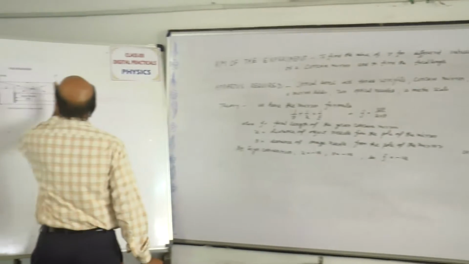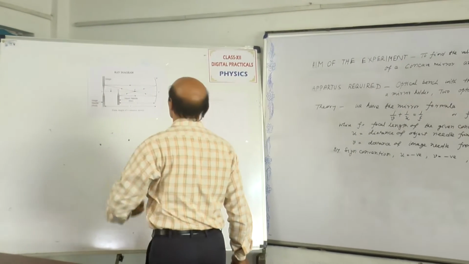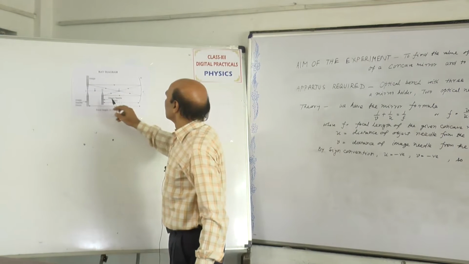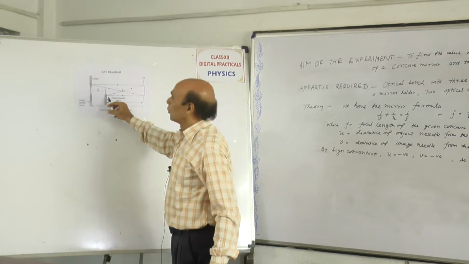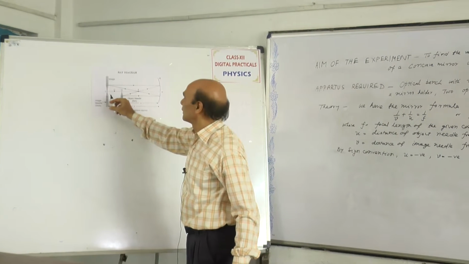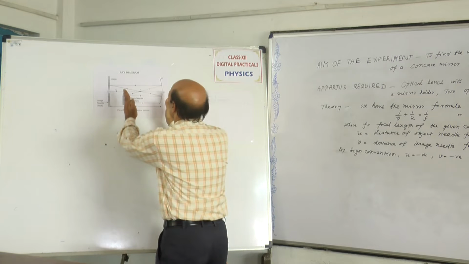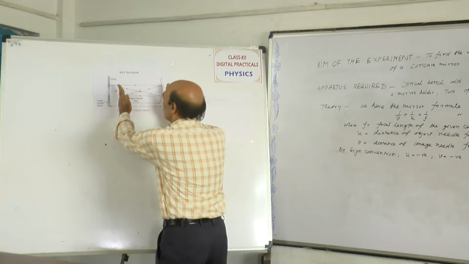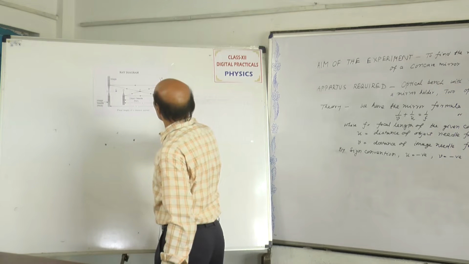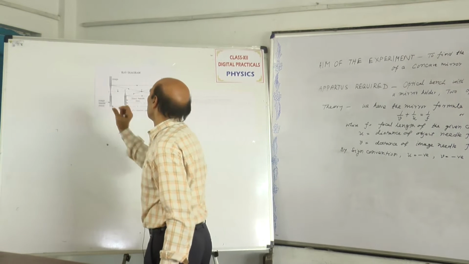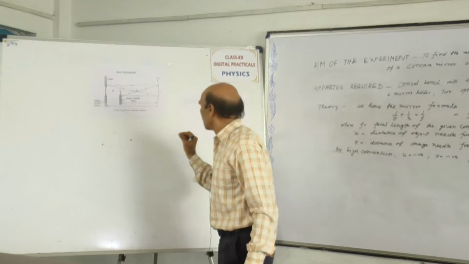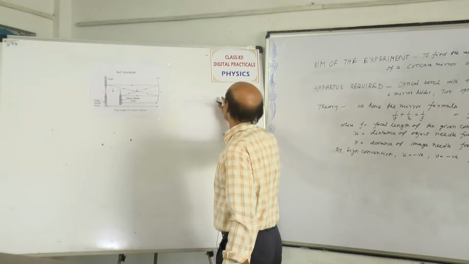Now here this is your ray diagram. In this ray diagram, this is the concave mirror and this is the object needle, and we will catch the image of this object with the help of an image needle. So this is your object needle, so the distance is U, and the image needle distance from the pole of the mirror P is called image distance. Now having this object distance and image distance, we will have the tabulation.